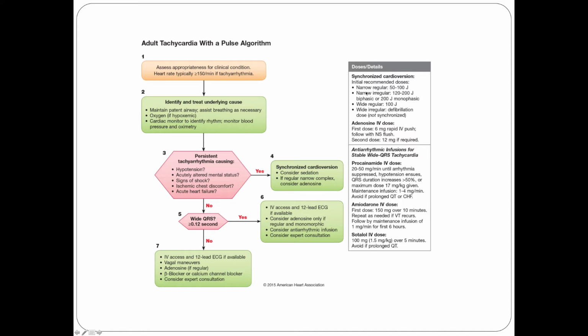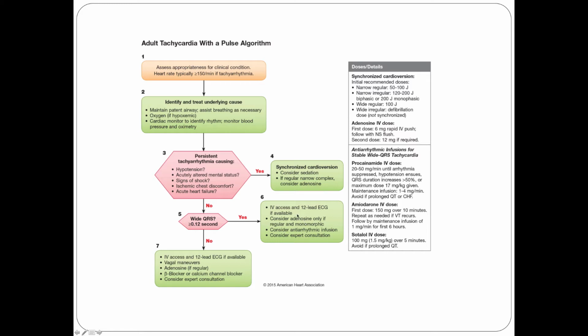If it's irregular and narrow, we go from 120 to 200. Right. If it's a wide QRS, yes, I can give IV access. I can consider adenosine if it's monomorphic only. So if I have a wide monomorphic tach that's becoming unstable with a pulse, I can consider the adenosine as